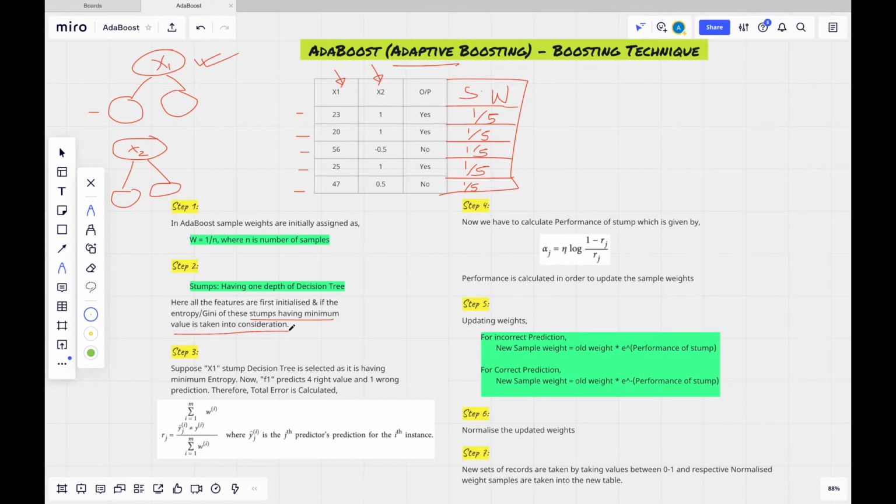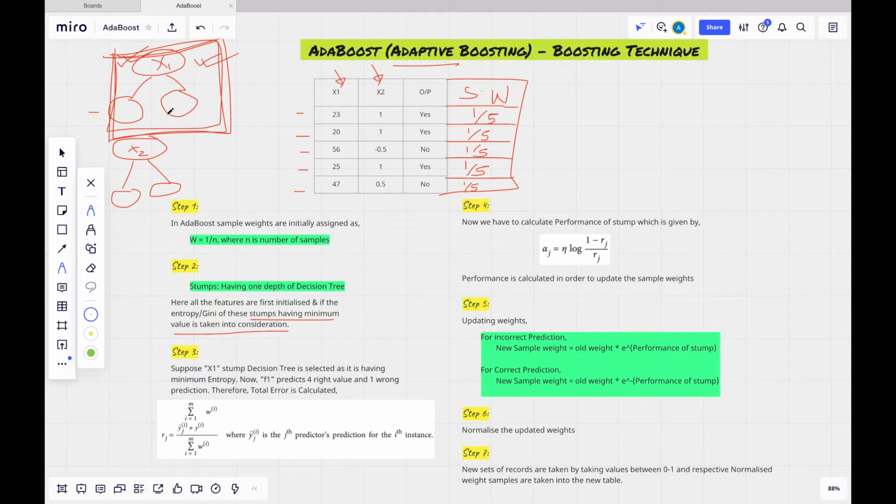Next step: let us consider x1 got the minimum entropy. So this stump is taken into consideration. The next step is to find how this stump is performing. Now we got the stump, or you can say a model.